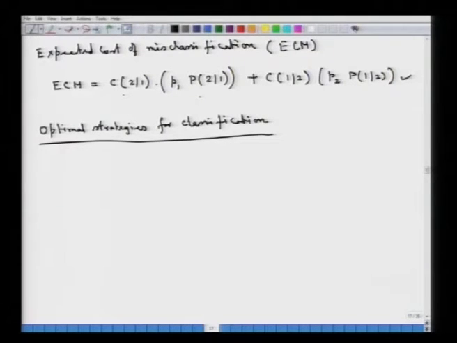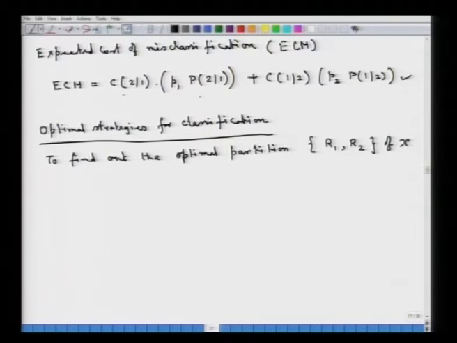So, we are not putting any special structure on those densities, we are looking at a general setup. So, when we talk about optimal strategies for classification, what we are trying to do is to find out the partition, or rather the optimal partition, say R 1 R 2